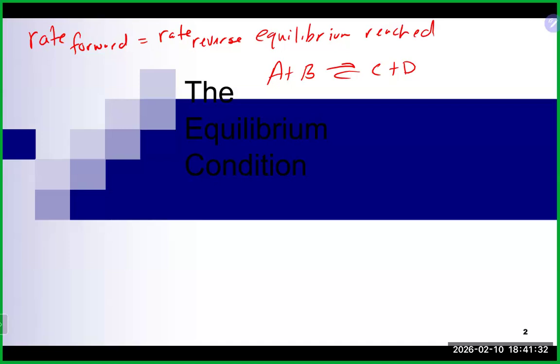And it locks everybody into place in terms of their concentrations at that point, or if you're dealing with gases, their pressures at that particular point. So what that means is